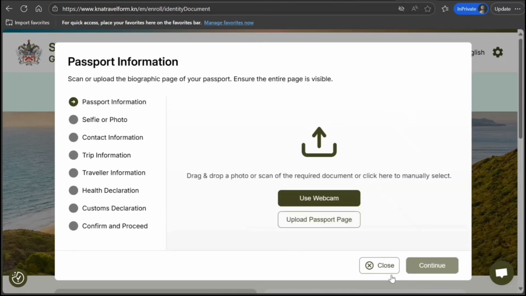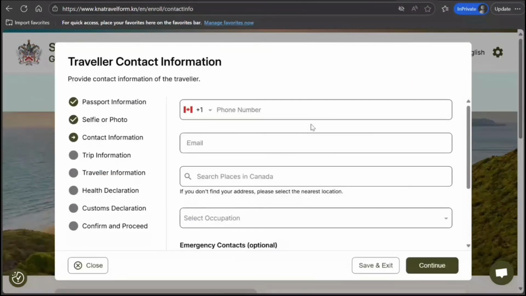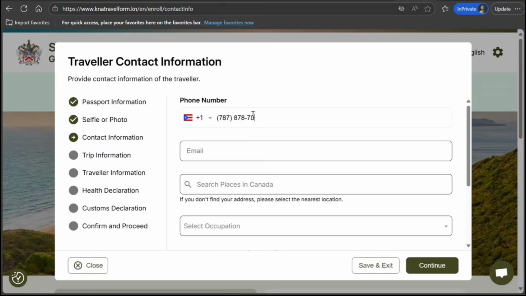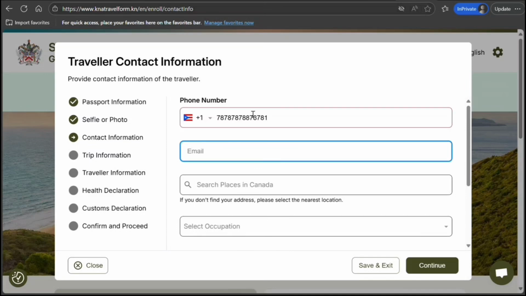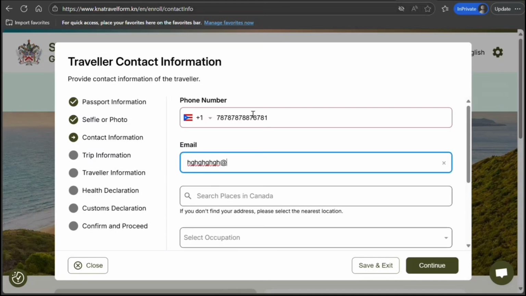So first is passport information. Okay, guys, so you upload your passport, then in the same way you can upload your photo also. And if you have a webcam, you can select that option too. Next comes your contact details. This is a sample example, you do it as per your own case. This is your contact details: phone, email,